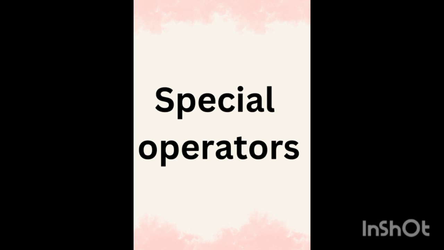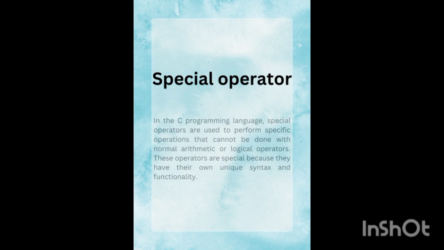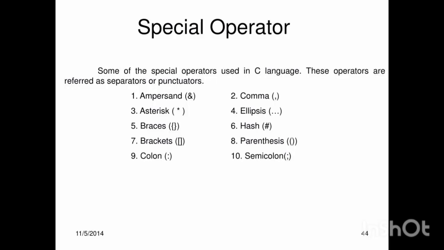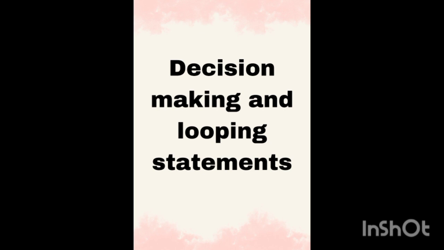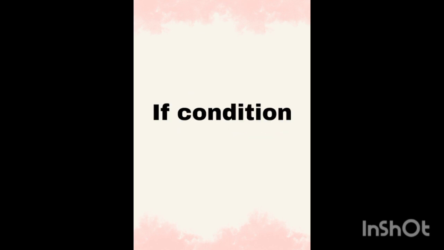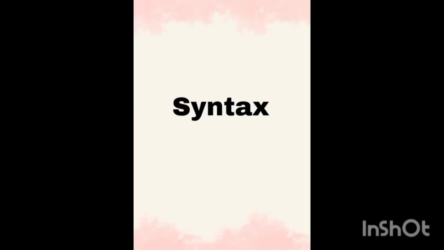Special operators in C. In C programming language, the special operators are used to perform the specific operations that cannot be done by arithmetic and logic operators. Types of special characters in C. Decision making and looping statements. If condition. If statement. The if statement is used when we want to test a condition. The general syntax of if statement is: